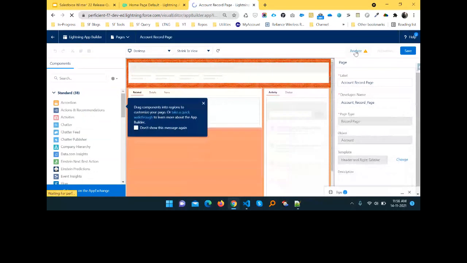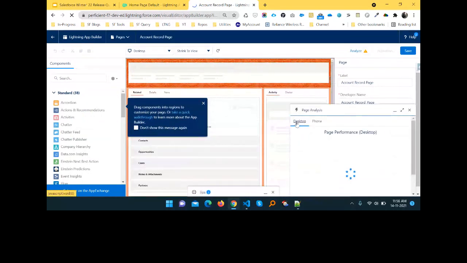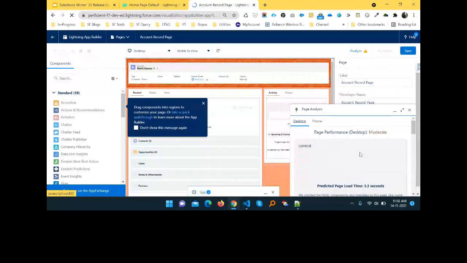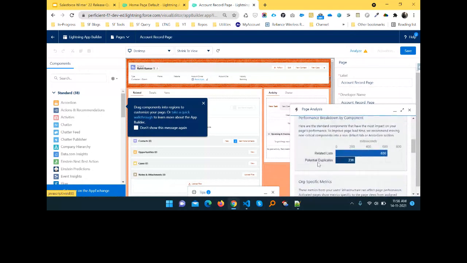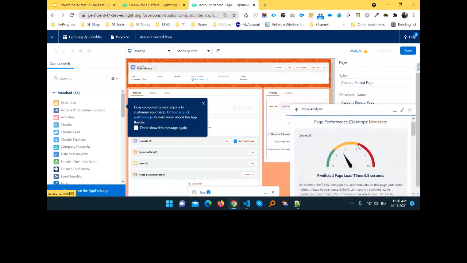Just click this Analyze, and here you can see desktop mode and phone mode. These are two variants, and page performance for desktop. Here you can see this page already took 3.3 seconds, and you can check the related list, potential duplicates. Here you can see the component breakdown and something like that.